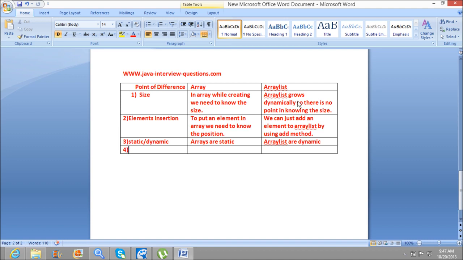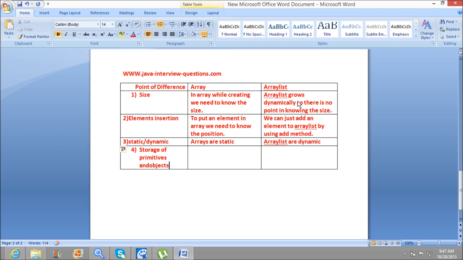And the fourth difference is storage of primitives and objects. Coming to an array, in an array we can store objects and primitives. And coming to the ArrayList, we can store only objects